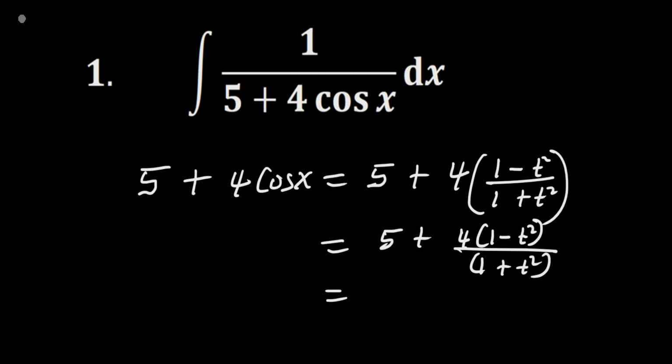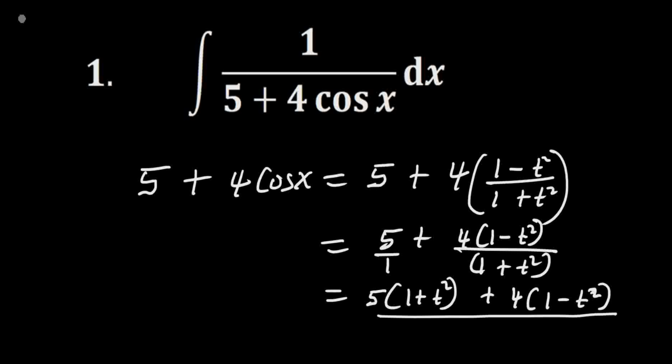So this is like 5 over 1, so the common denominator will be 1 plus t squared. So automatically we are going to have 5(1 plus t squared) plus 4(1 minus t squared) all over